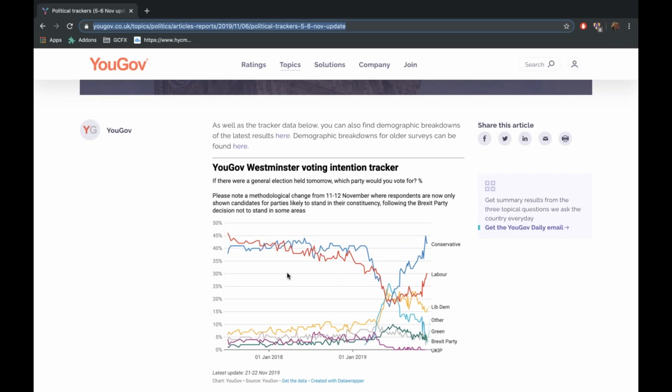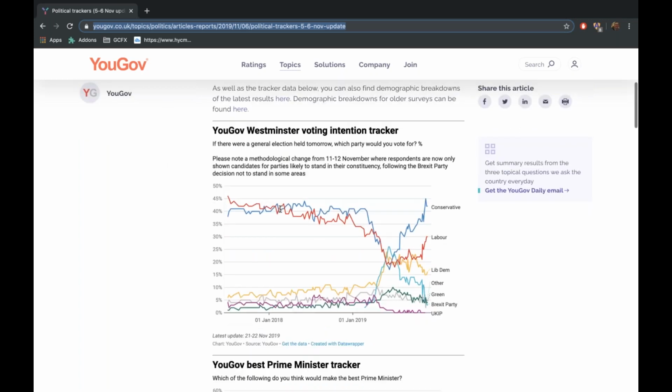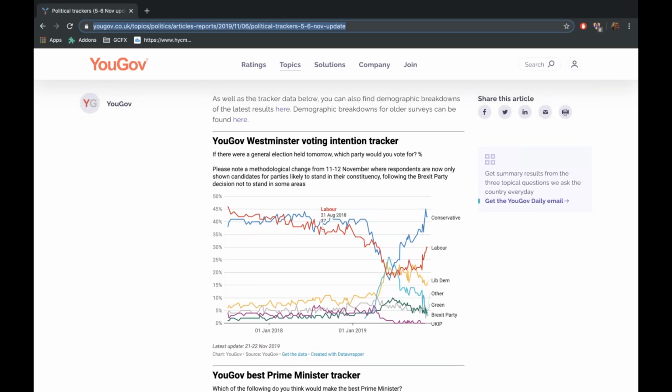because this poll correctly identified the 2017 hung parliament when Theresa May famously took the country back to the polls to try to get a bigger Conservative majority. She already had a Conservative majority, and it ended up backfiring spectacularly, and she ended up with a hung parliament. It was this poll, the YouGov poll, that predicted that. So this is given a lot of